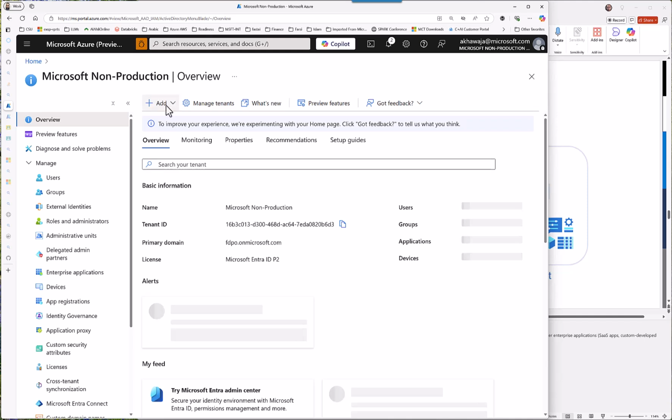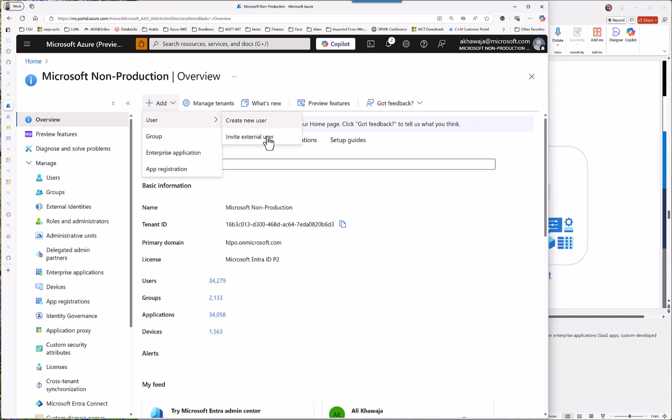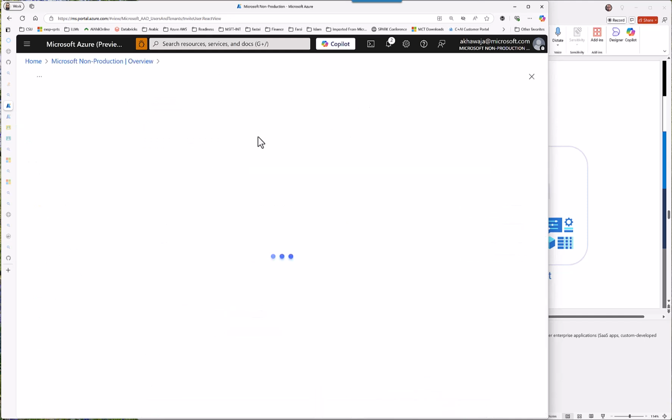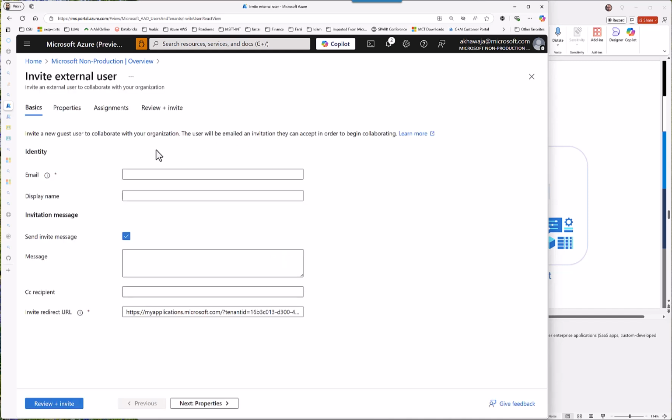Users, add user, and I say invite external user. This is B2B functionality. I can invite anybody based on your organization ID or based on your, for example, I can say, for example,